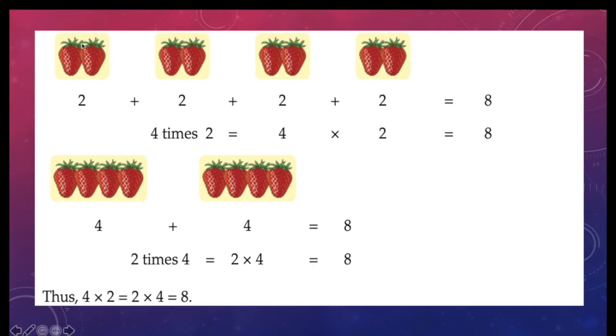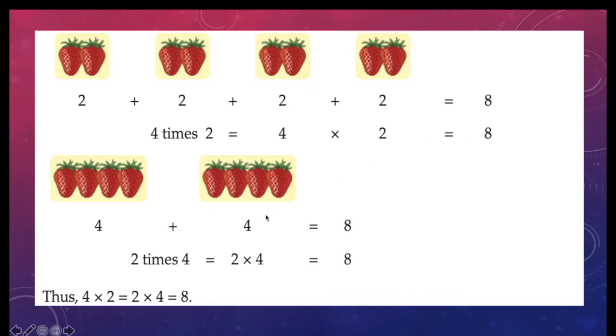Here we have groups, that is 1, 2, 3, 4. 4 groups of strawberries and in each group we have 2 strawberries. So when you are doing repeated addition, that is 2 plus 2 plus 2 plus 2, that is 4 groups, and in each group you have 2. So when you add 2 plus 2 is 4, 4 plus 2 is 6 and 6 plus 2 is 8. Same way, when you are doing a proper multiplication, as I discussed earlier, multiplier into multiplicand, that is number of groups into number of items in each group, that is 4 into 2. 4 twos are 8.